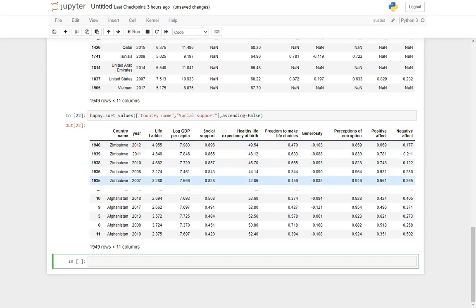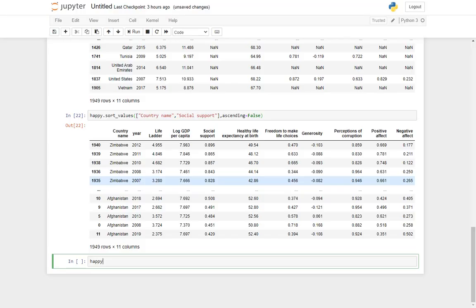But what if there are multiple columns on which you want to sort, but not all the columns you want to sort in the same fashion? Say for example, I want to sort on 3 columns.